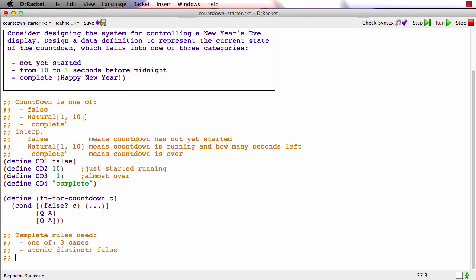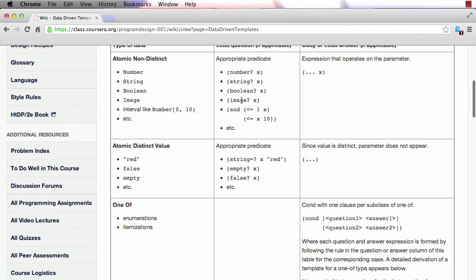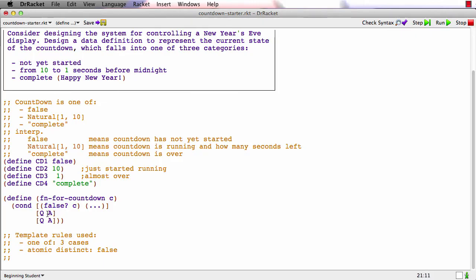So now for the second subcase, let's see, this is an interval. So going back to the data templates page, for interval, I need an appropriate predicate. So this is a predicate that, for example, tells me, is it a number between 1 and 10? But I have to be a little careful here. If I just make this predicate be and 1 is less than or equal to C, and C is less than or equal to 10,